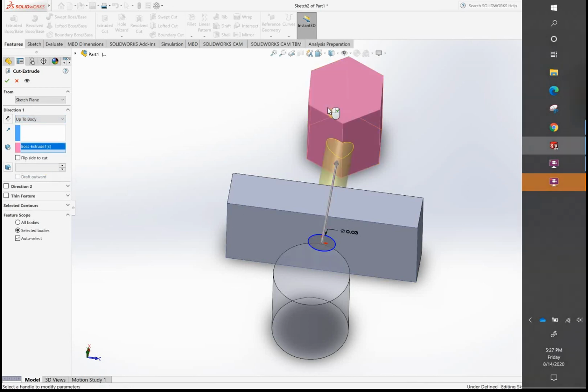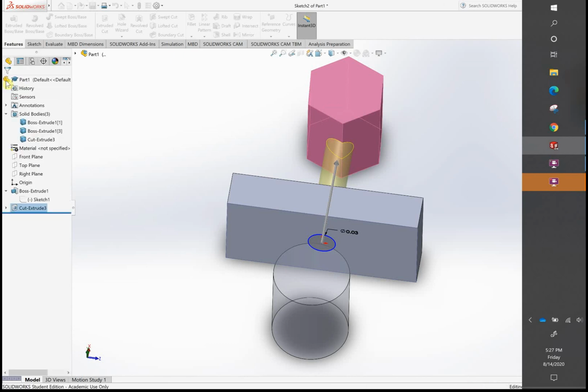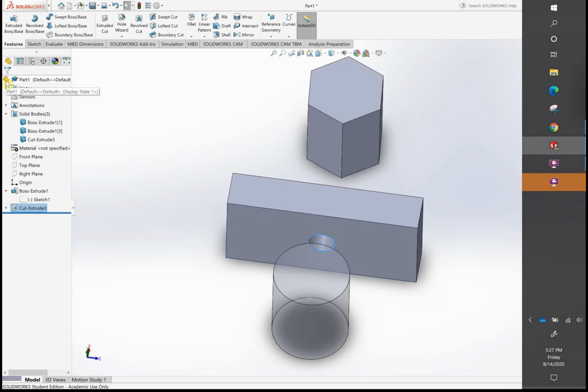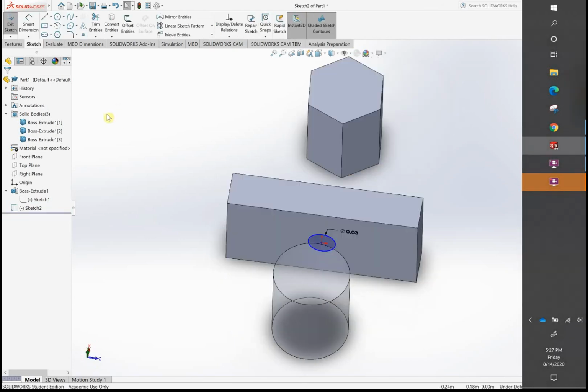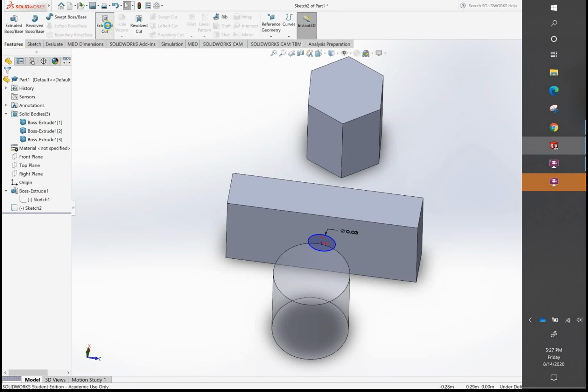We select this body and click, and it just extrudes this one, not this one. Other options we can try to explore are features, extruded cut,